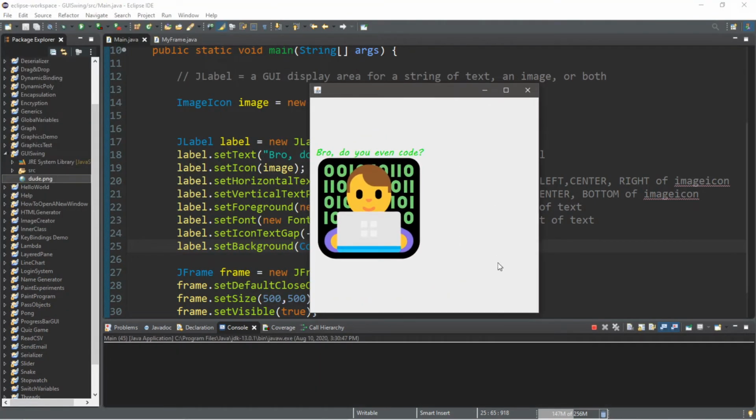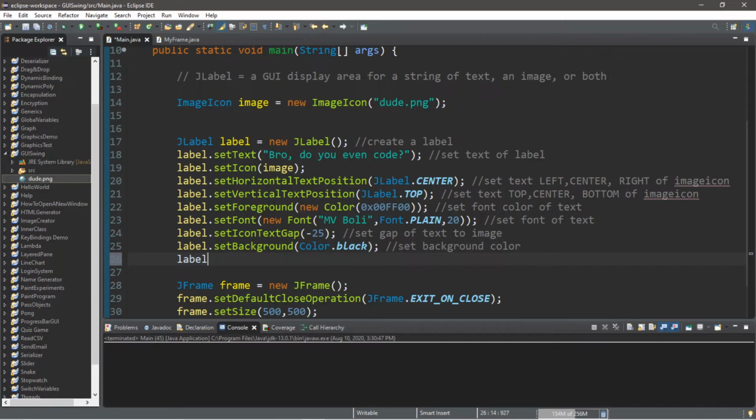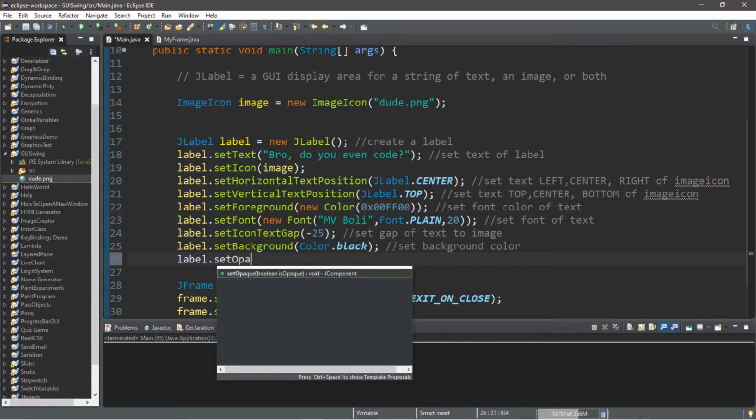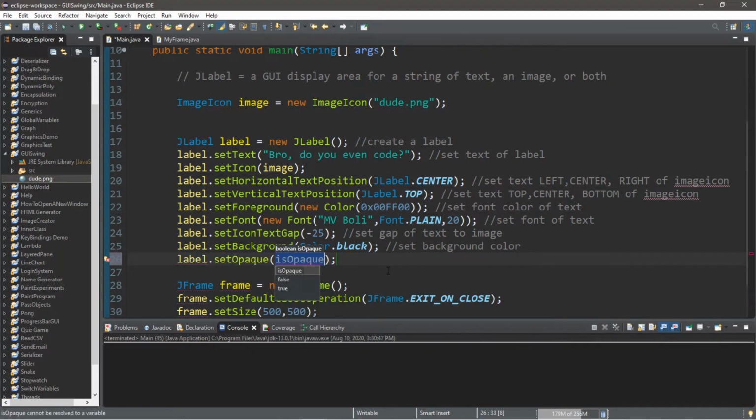The color does not really necessarily change. There is another method that we have to follow this up with, and that is the label.setOpaque method, and we're going to set this to true. If true, the component, our label, paints every pixel within its bounds. So basically, to display the background color, you need to set opaque to true.